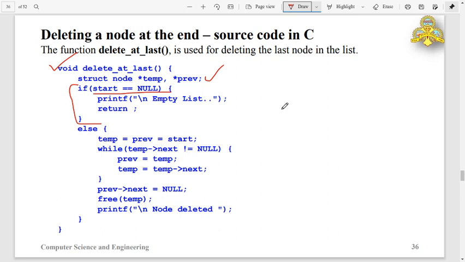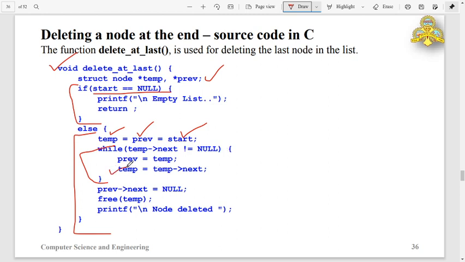But in many cases the linked list is not empty. So this is the else part. I am storing the address of the first node, which is available in the start pointer, in previous and temp. I will move to the last node by using a while loop or any other favorite loop, using the logic temp next not equal to null.